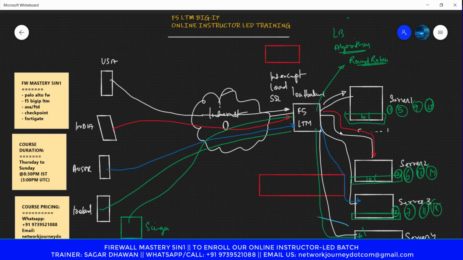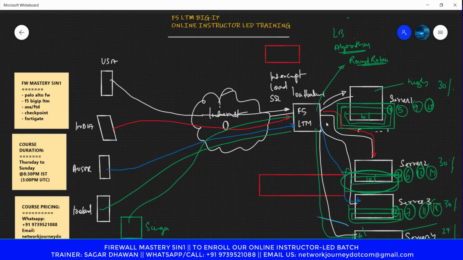Now what happens is, as the connection is load shared equally, the resource utilization goes in a very structured format. All of them are accurately getting utilized. It's not that one is highly utilized and maybe the last one is not at all utilized. It doesn't go that way. It will always be in a structured way. All will be equally occupied. So let's say this is 30% occupied, so this will be 30%, this is 30%, and this is 29%.